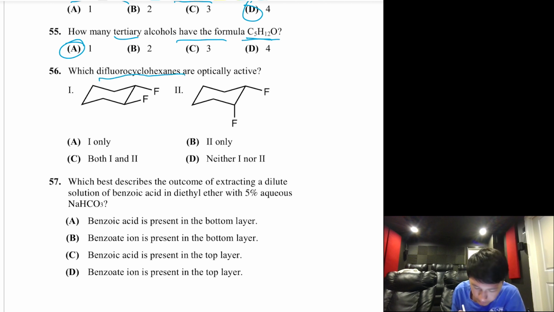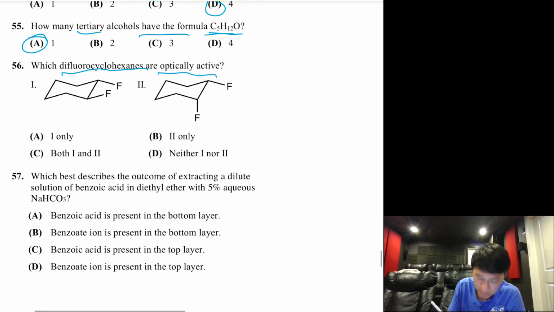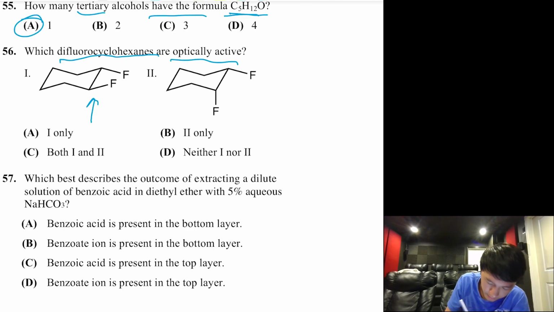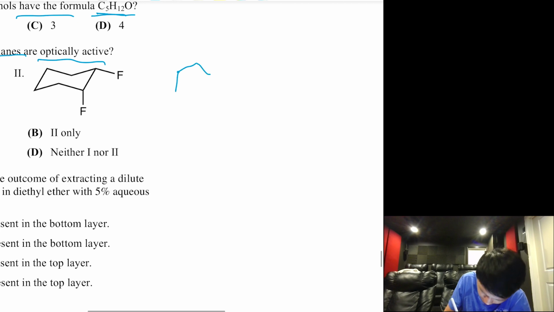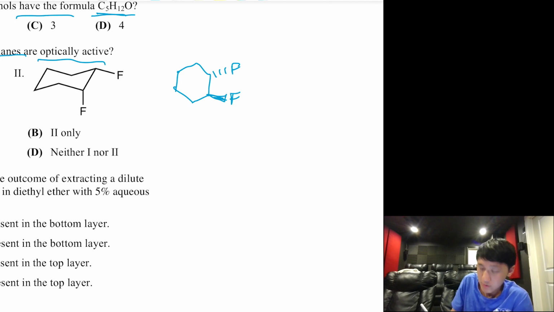Problem 56. Which difluorocyclohexanes are optically active? So the easiest way to solve a problem like this is convert it back to a normal type of projection, or you can use a Haworth projection, but I'm just going to draw it as usual. This compound right here has one fluorine pointing up and the other fluorine pointing down, so we can draw it like so. And here. And if you notice, this compound does not have any plane of symmetry and it does not have an inversion center. Therefore, it is chiral